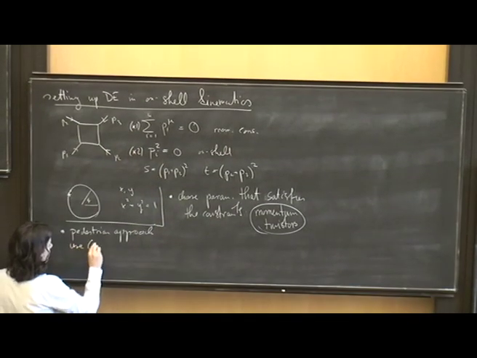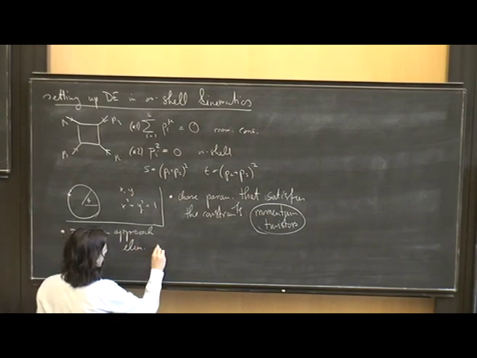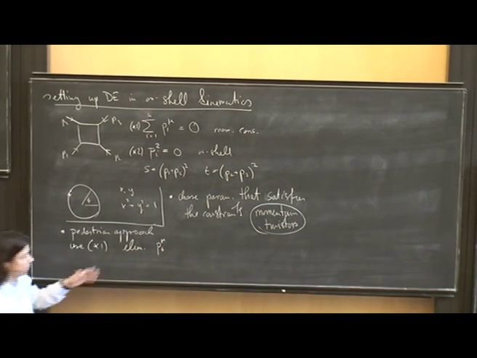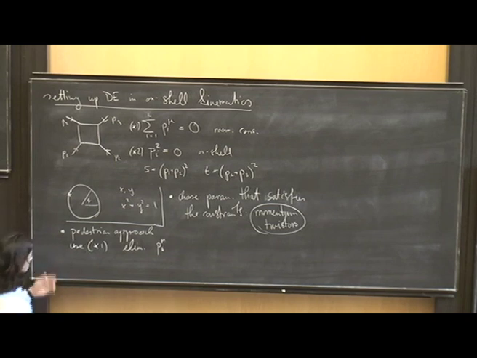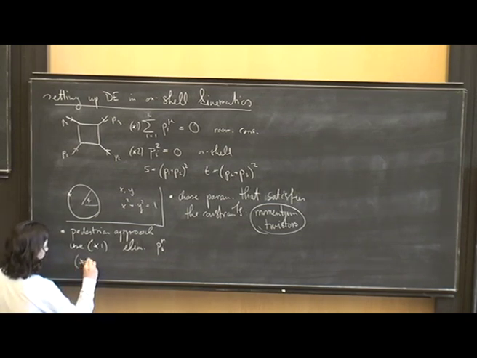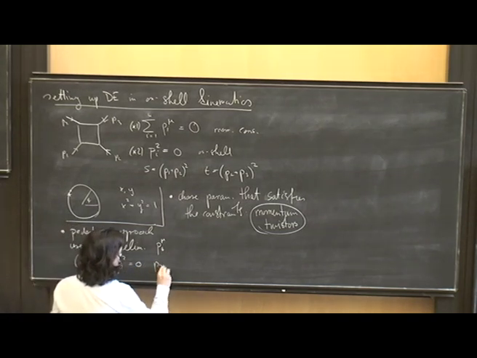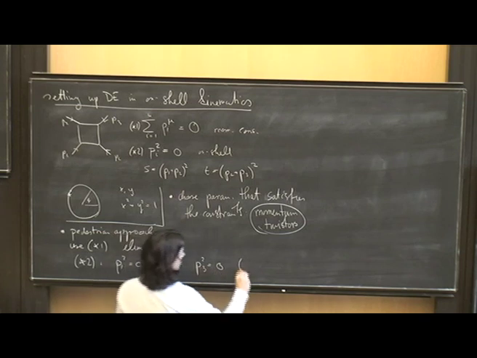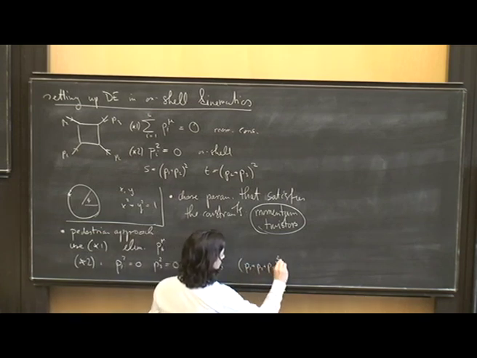We use equation 1 to eliminate P4. Whenever we see P4 in an equation, we replace it by minus the sum of the other three. And then we're left with the second constraint, which now reads P1 squared equals 0, P2 squared equals 0, P3 squared equals 0, and the sum of P1, P2, and P3 squared